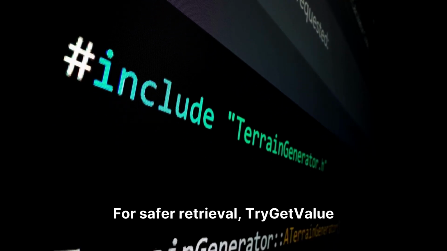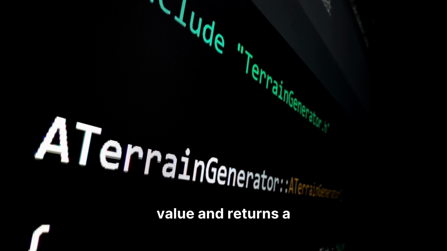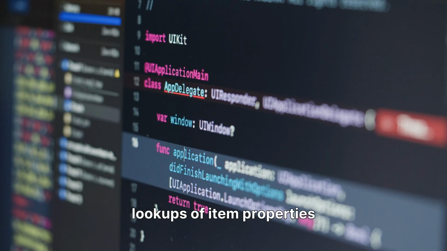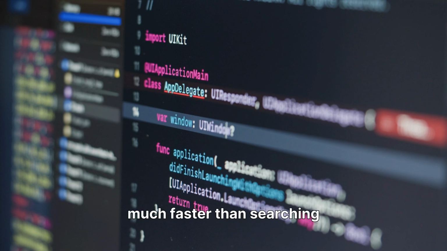For safer retrieval, TryGetValue attempts to get a value and returns a Boolean indicating success, without throwing an error if the key is absent. Dictionaries are invaluable for storing detailed item data, such as descriptions, icons, or stats, where each item has a unique identifier. This allows for quick lookups of item properties based on their name or ID, which is much faster than searching